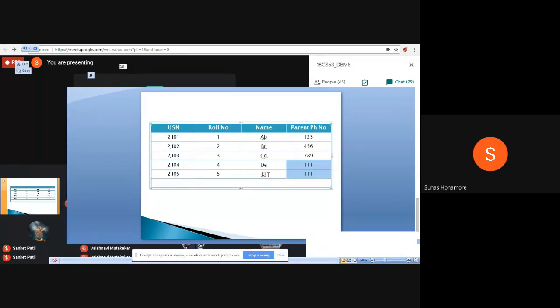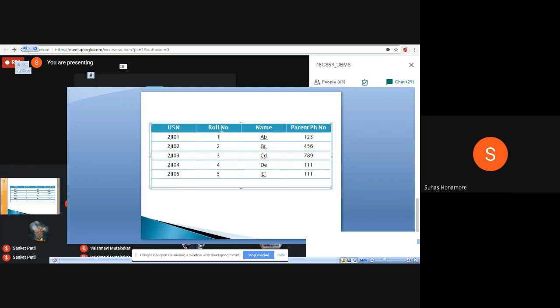So at that time, how many things will be unique? Two. Previously, the parent phone number was also unique, but now the parent phone number has become the same. If a student phone number is there, that will be unique again. Two students are there, maybe both have different phone numbers. So here we actually have two things, these two attributes, USN and roll number, which we say are the candidate keys. So what is a candidate key?